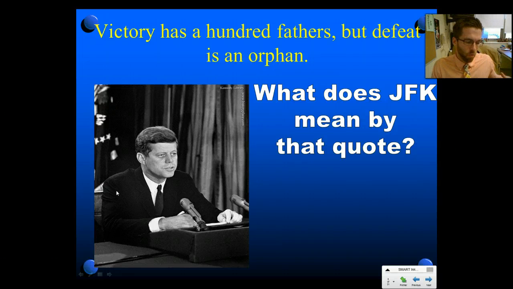All right, now Kennedy has a choice. All right, what Eisenhower did with the U-2 thing is he comes out and denies it. No, the United States, we don't spy on people. Okay, Kennedy takes the opposite route. Okay, he says, yep, we did it. I authorized it, even though he didn't really want to authorize it. Give me the blame. Okay, and he has this quote: "Victory has 100 fathers, but defeat is an orphan."